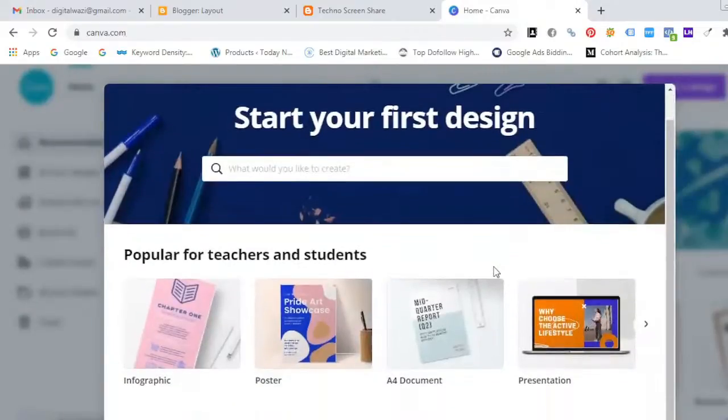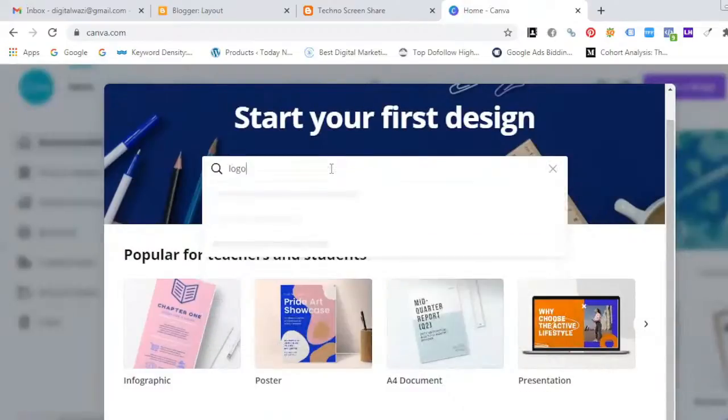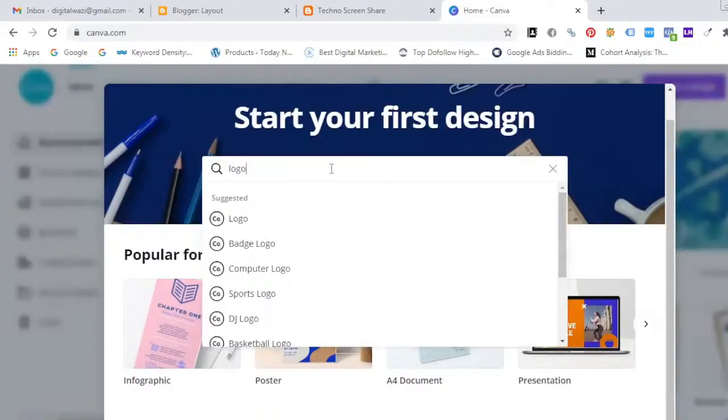And whatever you want to make, see, this is the best tool. You can create different templates, not only for logos, flyers, brochures, PPTs, video templates, and slideshows, but also Instagram posts, LinkedIn posts, Facebook posts. There are so many templates available, and you can check all the template sizes. YouTube thumbnails also, you can make your YouTube thumbnails. Just type logo, I want to design a logo, and enter.